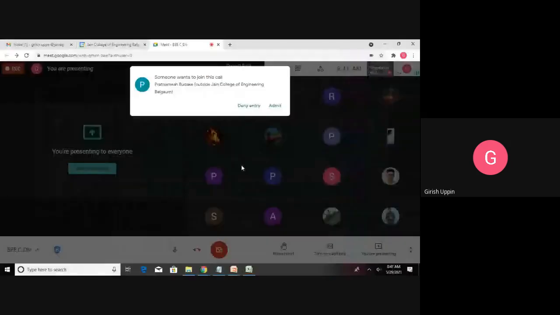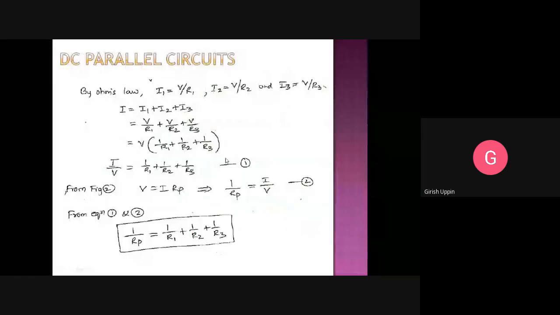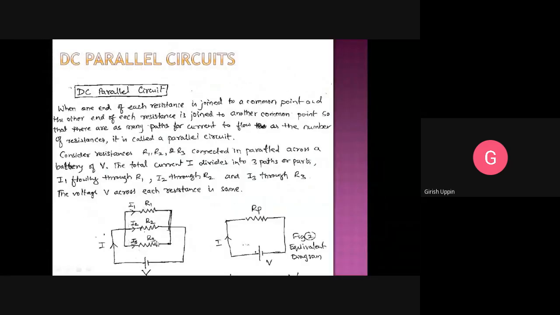Now, let us say I replace this combination of resistors with only one resistor, Rp, and I apply the same voltage, and I get a resulting current I. So suppose in this case 50 volts, and let us say 10 amperes current will flow. The value of the resistance Rp is such that I will apply the voltage of 50 volts.